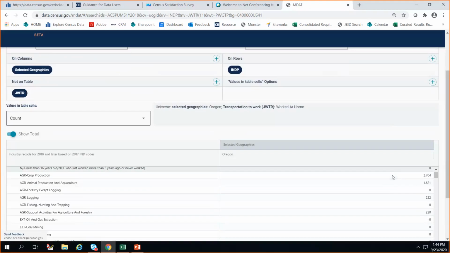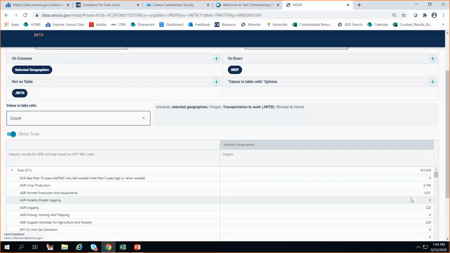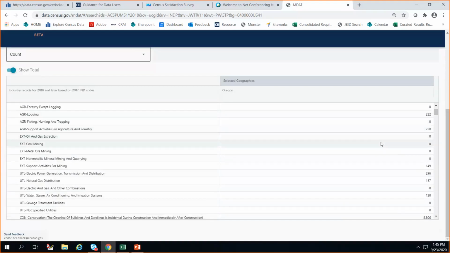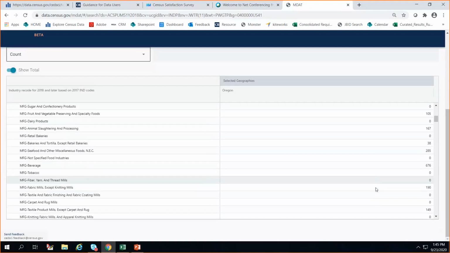And if I look, there's going to be a lot. It's 151,470 people who do work from home in Oregon, and then all of these areas where maybe there's zeros, like coal mining, I make sure it makes sense that there's not a lot of people who are coal mining from home, and just going down. And this is a great way, I think, to go in and explore the data,